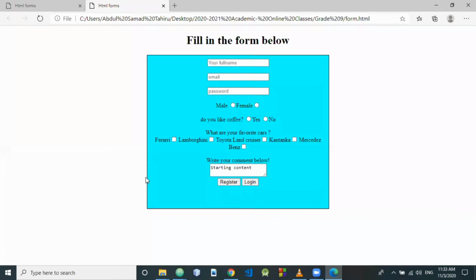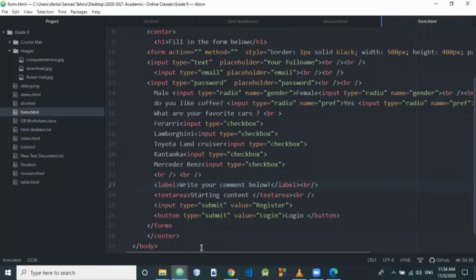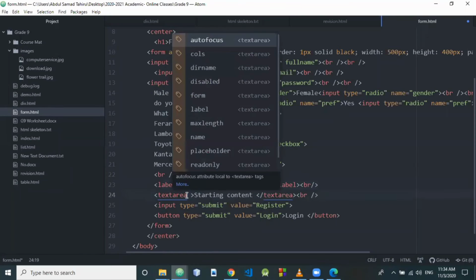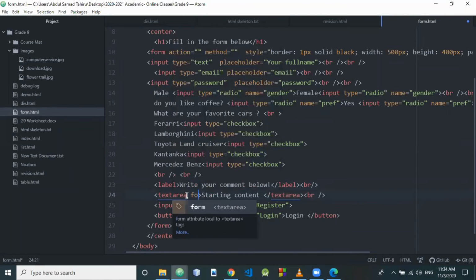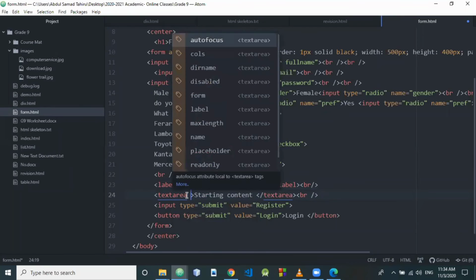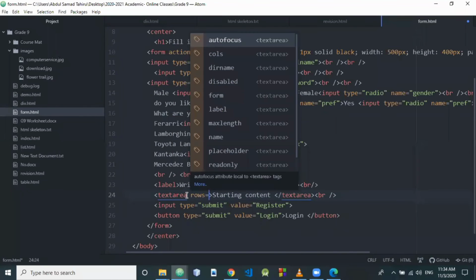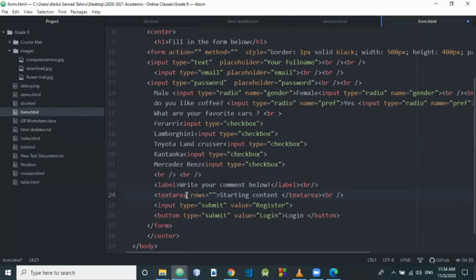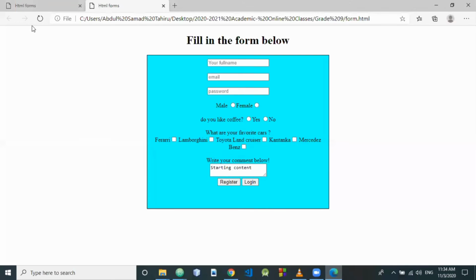But there are additional things that we can add with the text area. We can give the number of rows and columns, the number you want. In the text area opening tag, you can add the rows. How many rows do you want for the text area? If you give 4 rows, you can only write up to 4. Look at what I get here. If I refresh my browser, and I click on this,